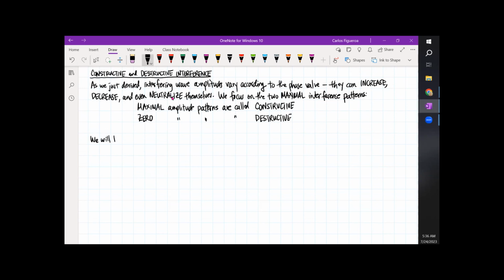We will focus on the values of the phase, or when constructive or destructive interference occurs. From superposition, we found